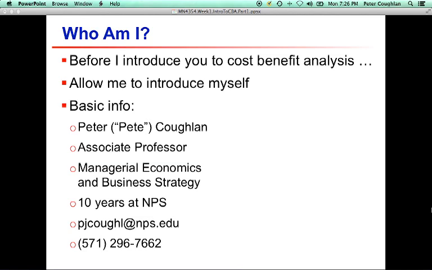And that's my email and my cell phone number. I do have an office phone number, but honestly, I don't even know it. I actually just moved into this office about a month ago, and I rarely use that number. So the best number to get me is my cell phone. And if you need me urgently,